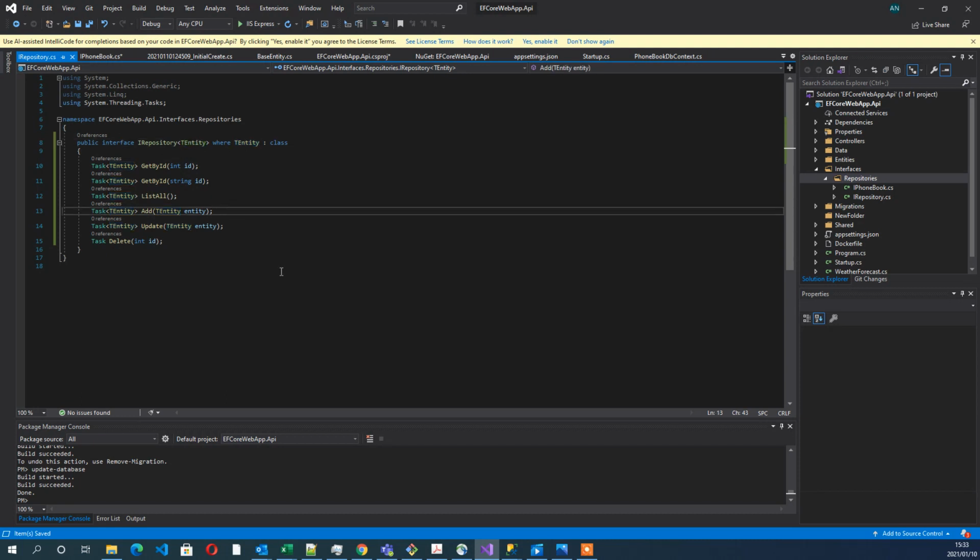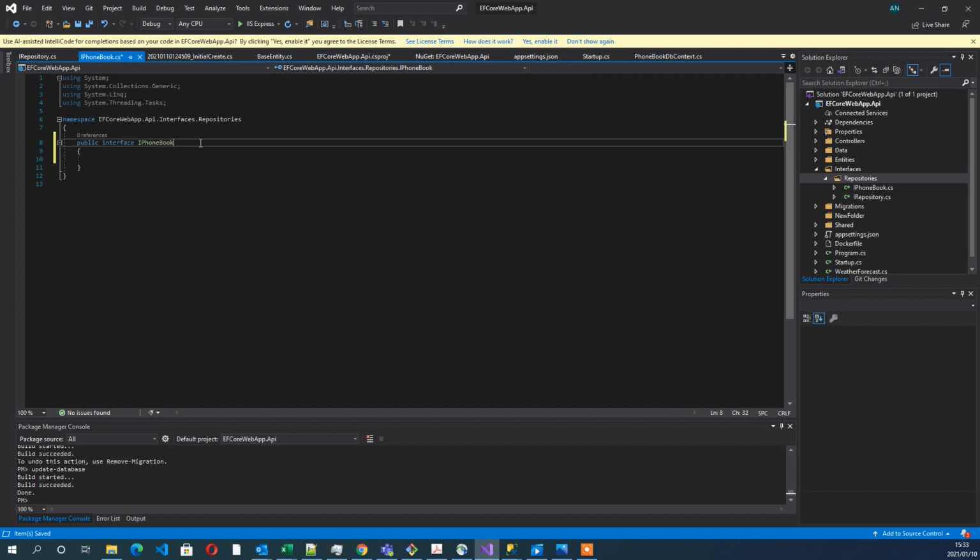So you can see here we just create a generic class that we're gonna use in our entities. So in this class, we're just gonna inherit our IRepository so that we can use those methods that we just defined now. So this class is going to inherit IRepository,